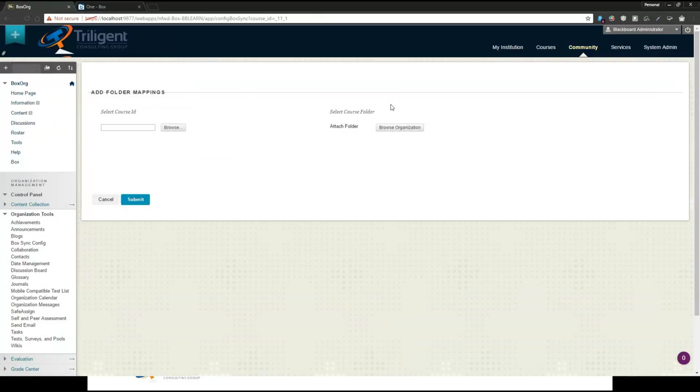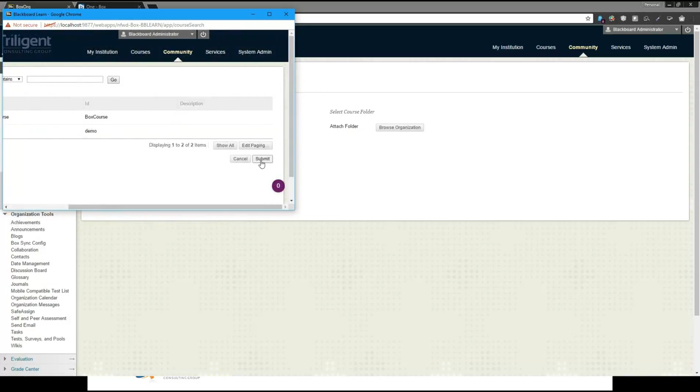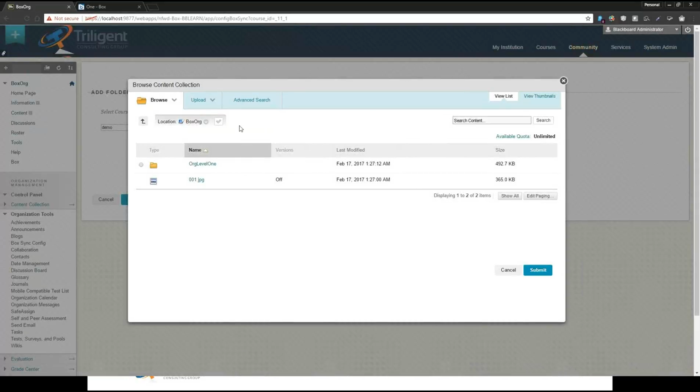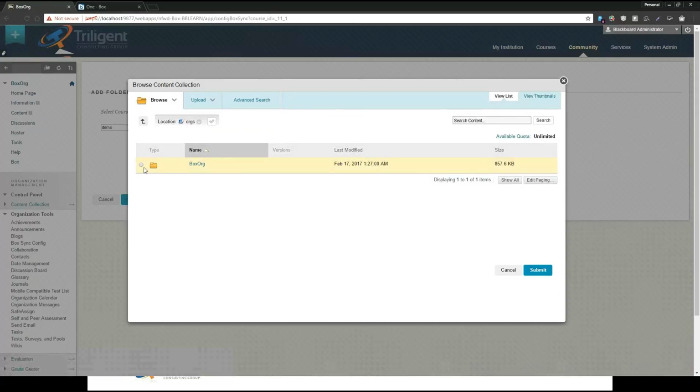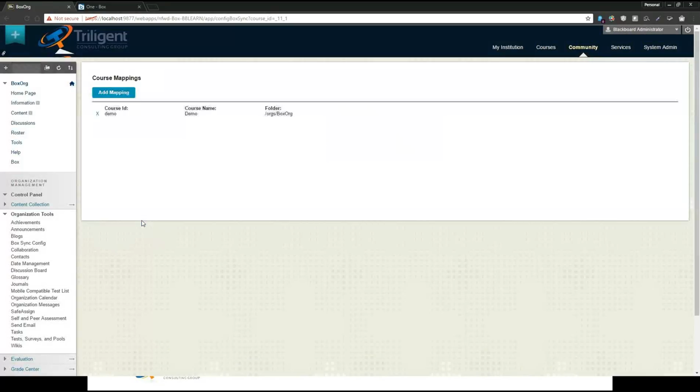You'll notice that unlike course configuration, there's an additional option here. You have to choose a course ID. So let's go ahead and do a search for some courses, and we're going to choose one of our courses. Hit Submit, and now, like the course, we're going to navigate for a folder. I'm actually going to choose the organization folder, and we'll hit Submit, Submit here, and you'll notice that now we